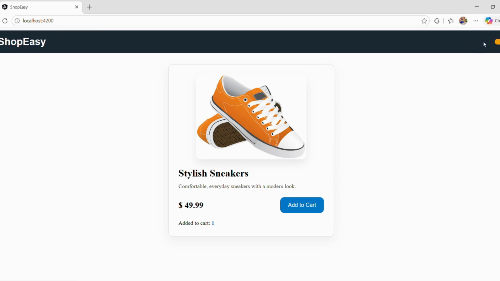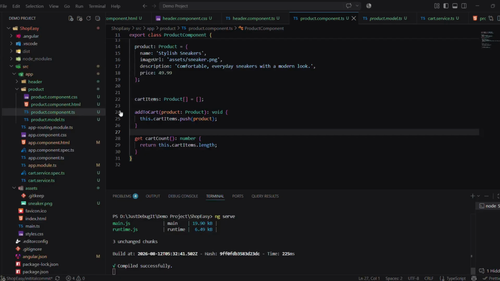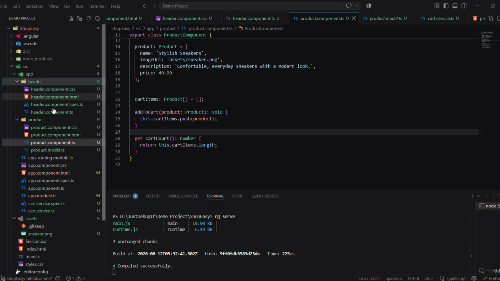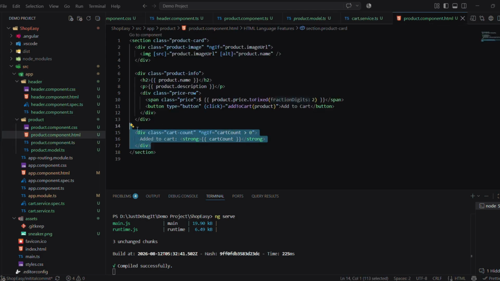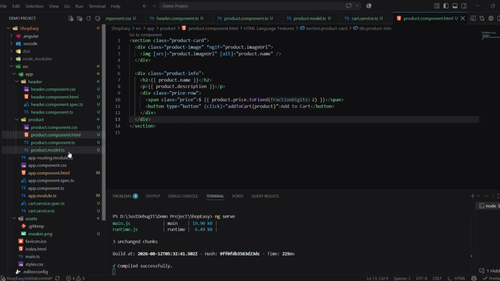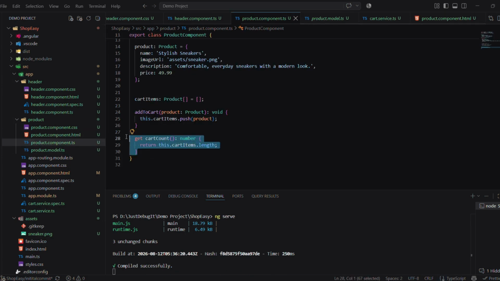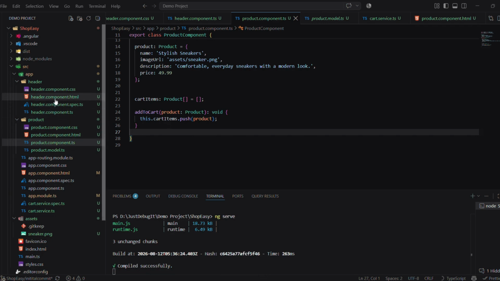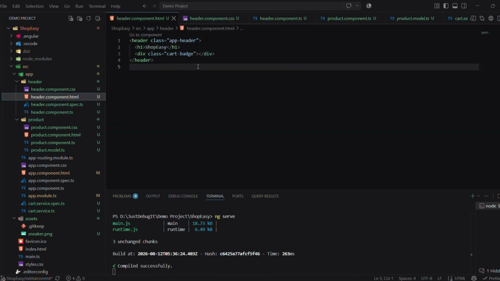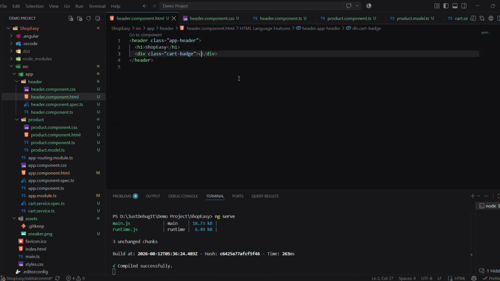Like other e-commerce applications, we could see in the header we have a cart icon and the cart items count here. So similarly, we will add one new header component where we will display the same cart count, and we will remove the cart display from the product component because ideally we don't need to display the count here. We will need this cart count to send an API call to save in the DB. So here in the header component, we will try like this.